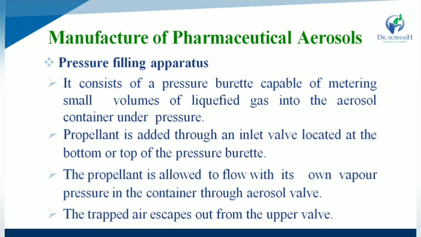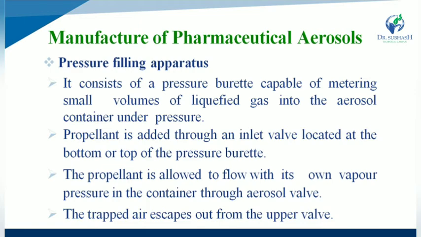The propellant is allowed to flow with its own vapor pressure into the container through the aerosol valve. The trapped air easily escapes out from the upper valve. So what about the pressure filling apparatus? First, it is made up of a pressure burette, and the pressure burette is capable of metering a small volume